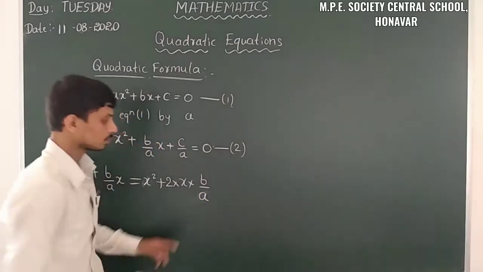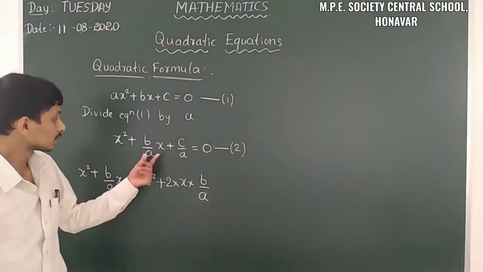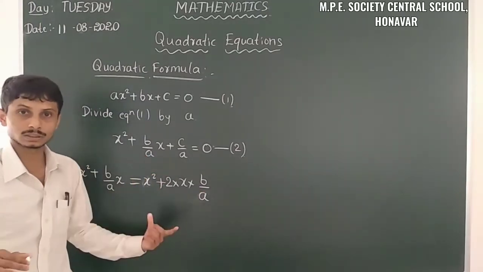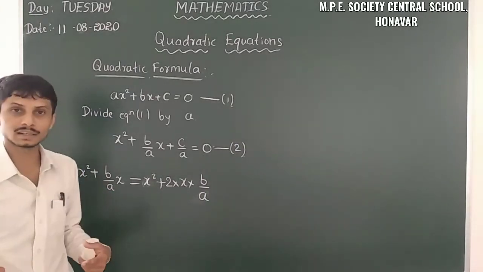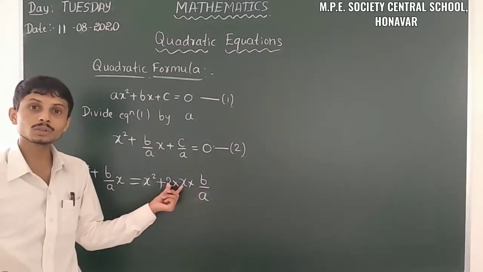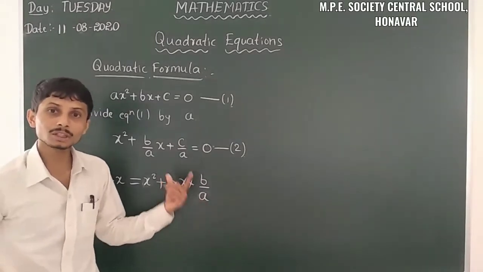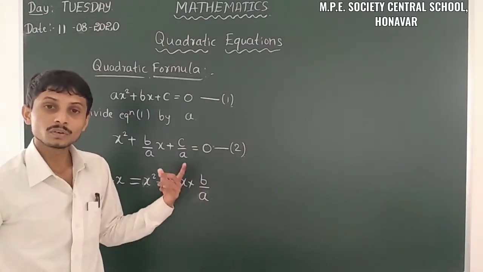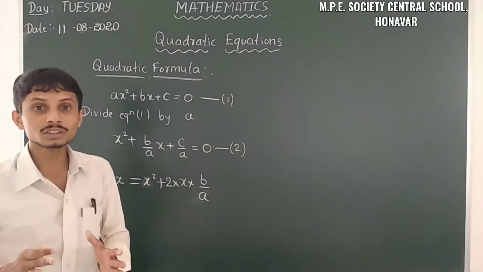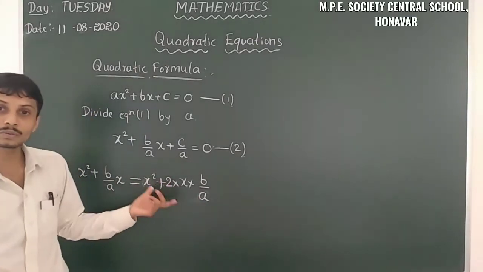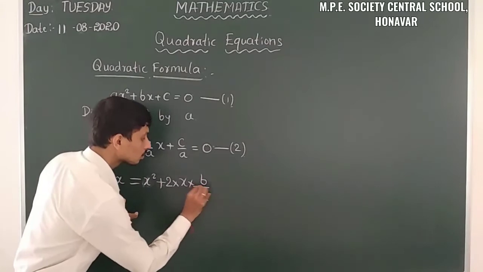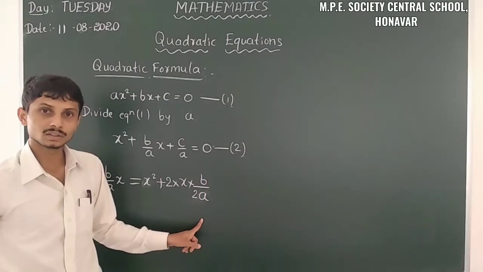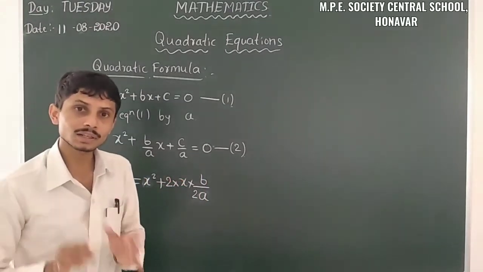b by a we have to write here. But when we are taking the value of the whole equation, here b by ax is there along with 2 multiplied in. That means the value of the equation gets disturbed here. So if you don't want to disturb this equation, then we have to divide this equation. Then the value of b becomes b by 2a. If you have any further doubts, we have to clarify here only.